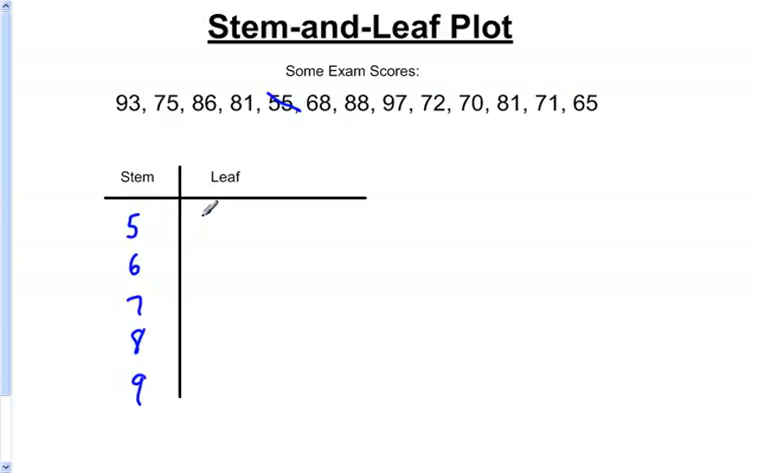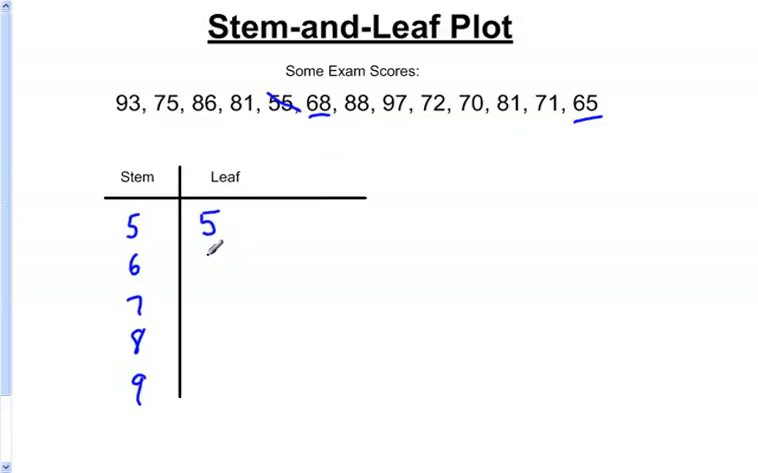So on the leaf, I'm going to put just simply another 5. So right now I have shown that there is a 55 in my test scores. Next I'm going to go to my 60s. I see I've got 68, and I've got 65. I have 2 60s here, and it's very, very important that you know